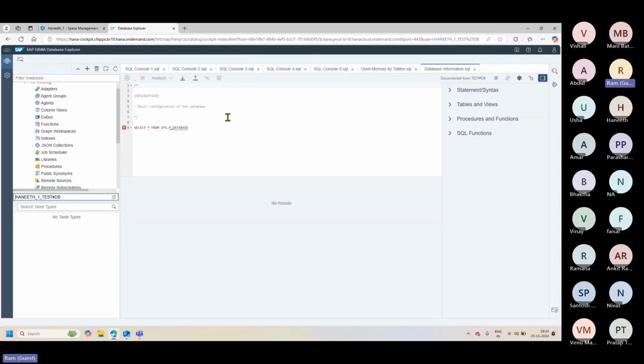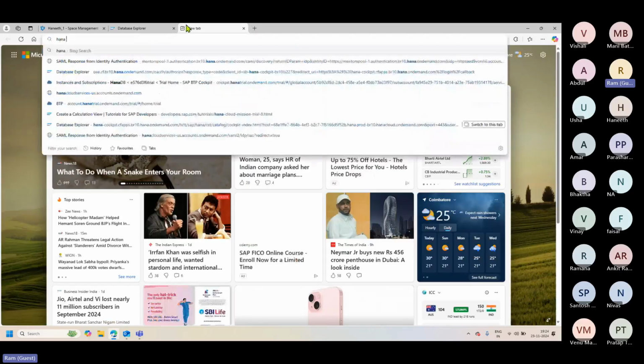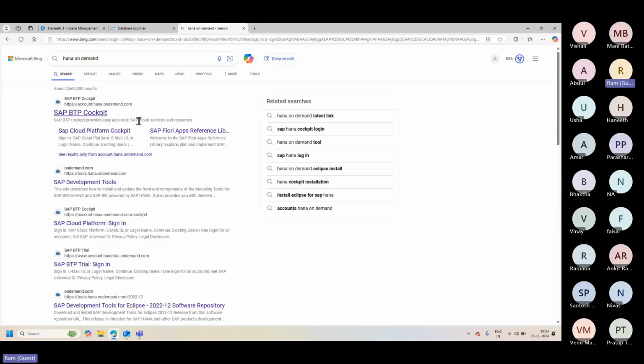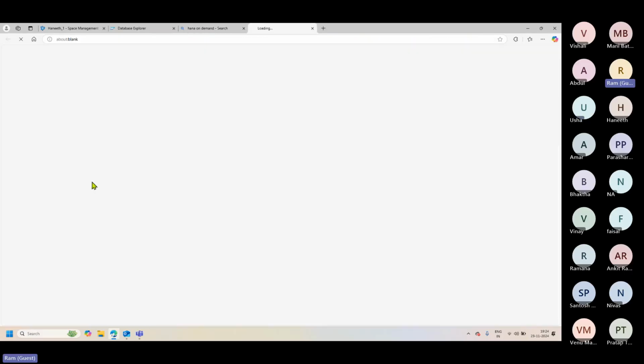Okay, so about the tooling, right? So some of you might be, I don't know how comfortable you are in HANA. So what happened is the HANA Studio, the Eclipse based development environment, it's been there for a long time, yes. And HANA Studio is not one tool, right? So if you check HANA on demand, there are multiple tools actually. So if you go to the HANA development tools,